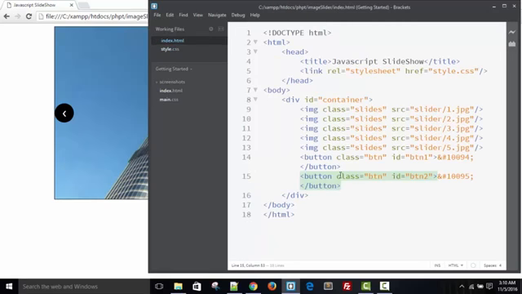Now come to index and call some functions. Before calling, just write script code, script, and write your variable var index equal to 0, and write a function show image,